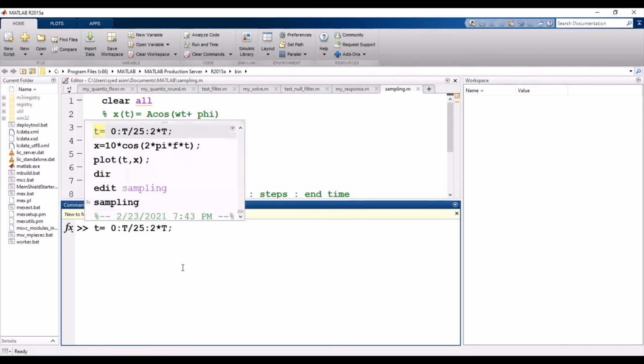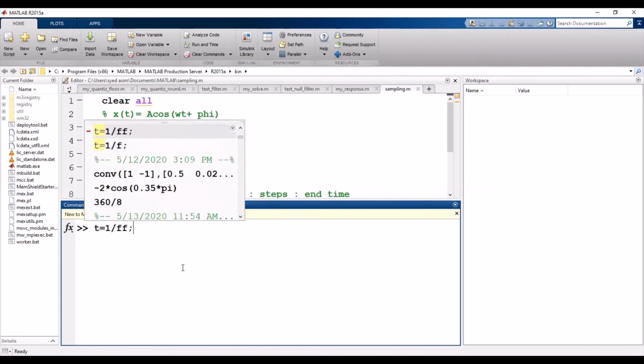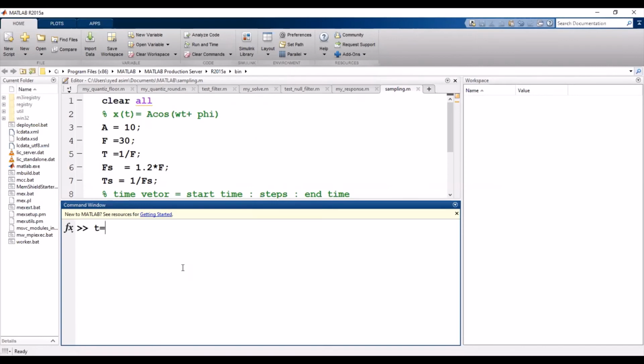I am going to implement linspace from -5 to 5. This gives me a line vector,